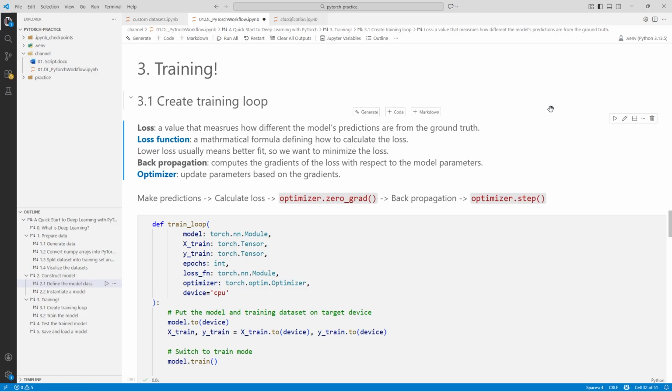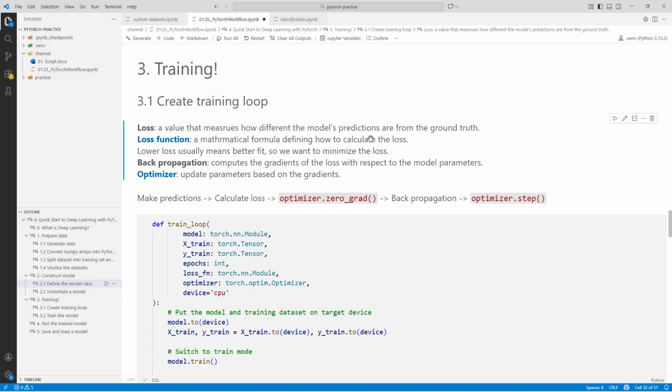After creating our model, we are going to build a training loop to train our model, enabling it to learn the patterns from the training dataset. And here are some important and necessary concepts you need to know. I know it's boring, but we just have to know it because it's so significant.